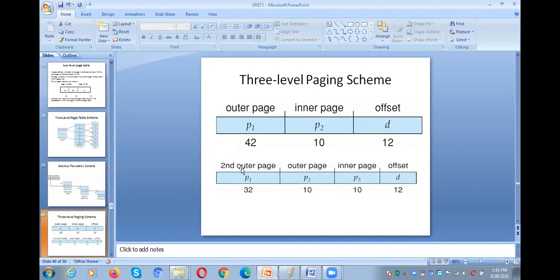P1 indicates the second outer page table. That means P1 is an index to P2. If we go to P2, then P2 is indexed to P3. If you go to P3, then you get the frame number. That is a base address. So for the base address, you need to add the offset so that we will go to the exact physical